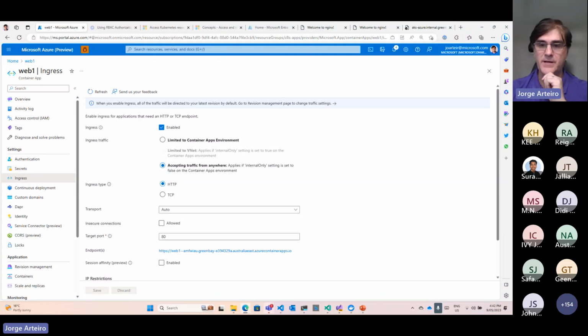AKS or Azure Service Fabric, when to use? Service Fabric, Microsoft uses internally. We're not recommending that you use Service Fabric anymore. AKS for sure, or Azure Container Apps. Service Fabric used to be on-premises and is open source as well, but we don't recommend it for new products, just to maintain what's existing. You see a lot of things on Azure running on top of Service Fabric, but most of the new services on Azure run on top of Azure Kubernetes Service. Then, it should be doing the same as well.